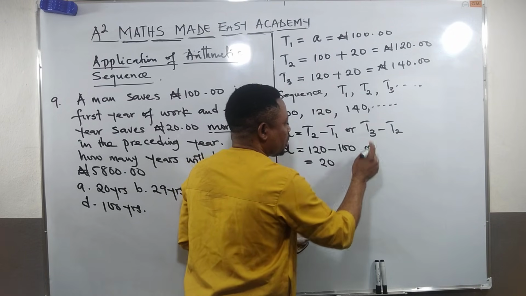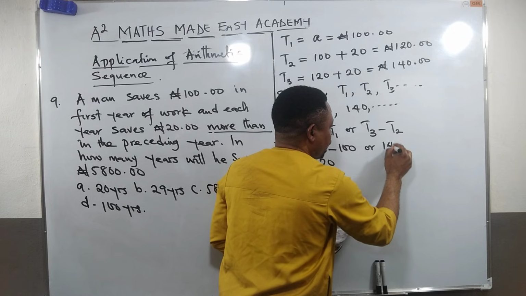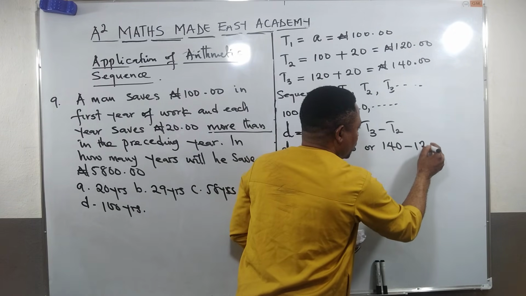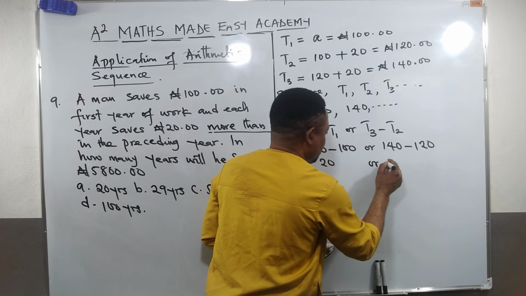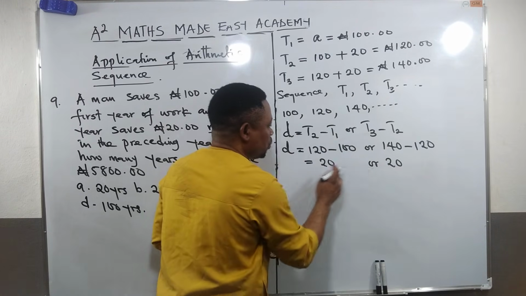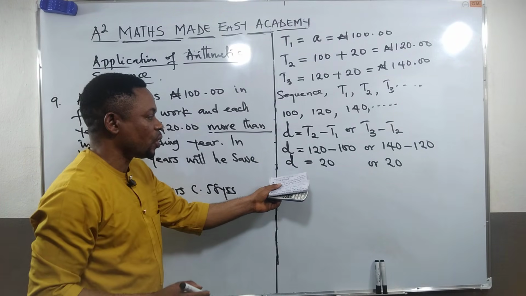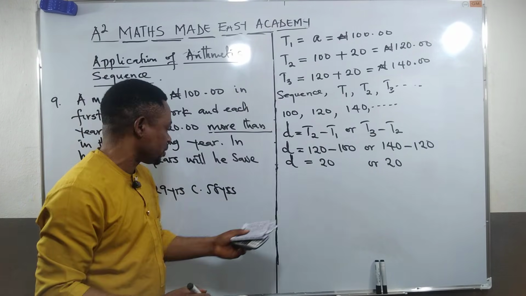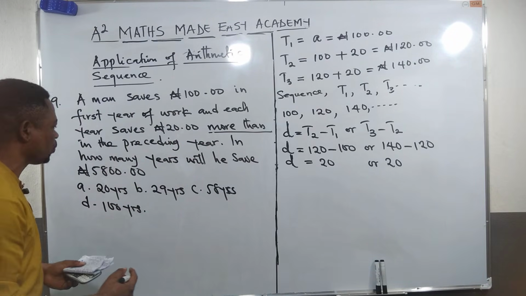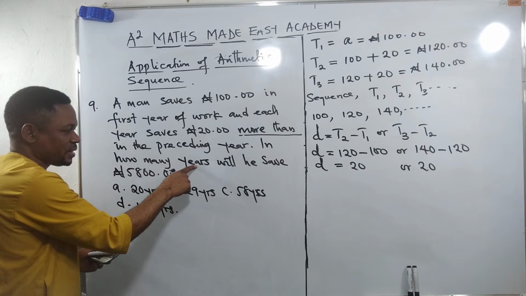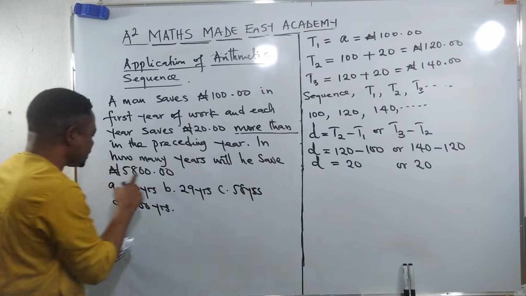Let's try the next one. What is the third term? 140. Then minus the second term, 120. If I subtract it, it gives me 20. So whichever one I follow, it must give me the same thing. Now this is what we call an arithmetic sequence. If that is noted, now the question, what are we looking for? Watch. In how many years will he save